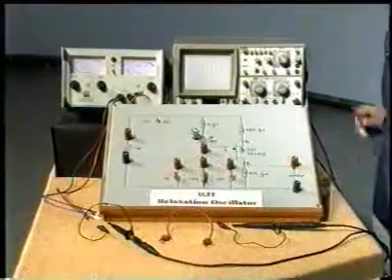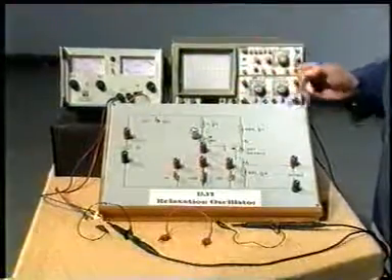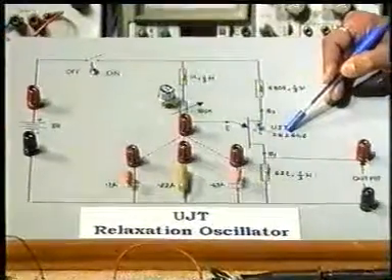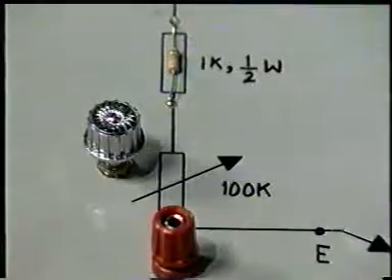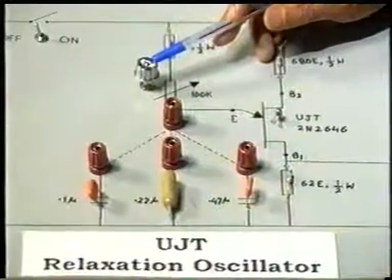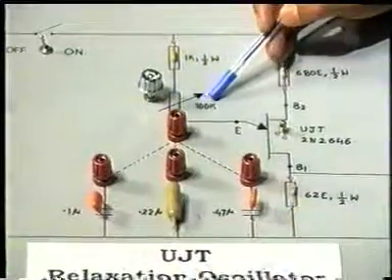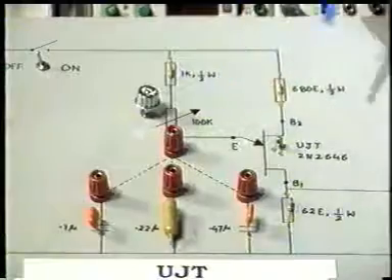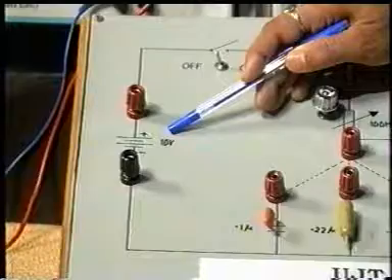Now let me explain the experimentation part. This is the main board and in this board we are using this as the UJT and you find that 2N2646 has been used for making this relaxation oscillator. Here you find that this is the potentiometer. The potentiometer is being used here as a variable resistor and the value of the potentiometer is 100K. Now across the UJT we have to give VBB. So here you see the 10 volt is being used as VBB.